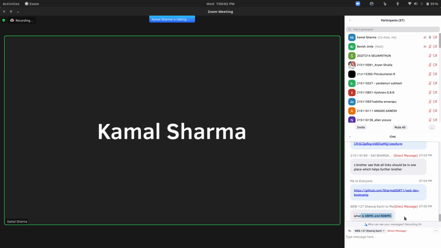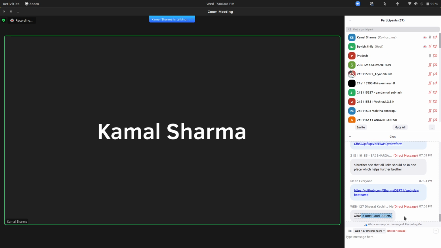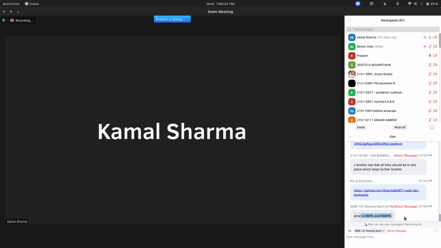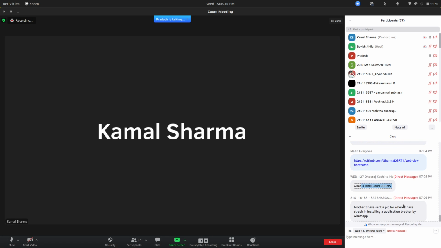And RDBMS is just a type of DBMS. The full form of RDBMS is Relational Database Management System. Like I said, whenever we hear that term, the word table should come to our mind. In RDBMS, we use tables to store the data. Everything is stored in a tabular format.